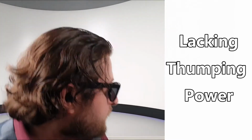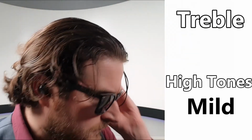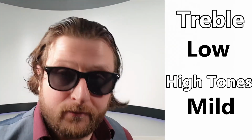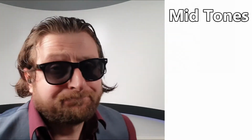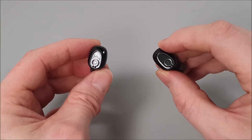That is the same with the treble and the high tones. The highs sit quite mild, with the treble being a mix of sorts with different genres of music. So yeah, not high enough with the trebles or the high tones, which was a bit lackluster, with the exception of those mids being completely spot on and well levelled with pin drop lows sounding fantastic. I just wish, like a lot of Bakeey earphones that I have reviewed lately, that they expressed more energy and